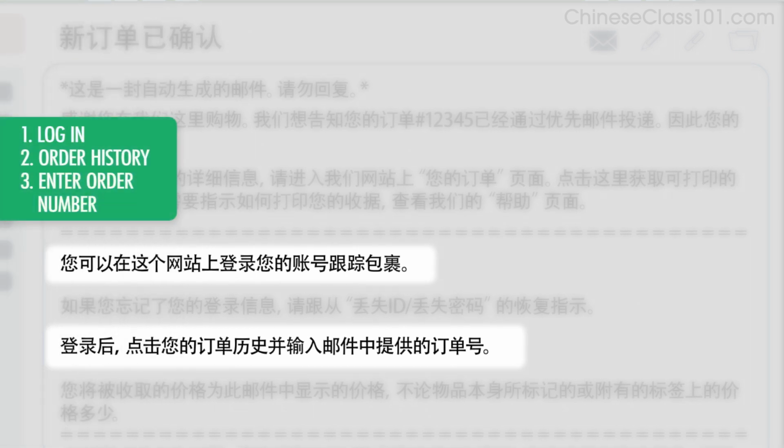The email says that you can track your package on this website by logging into your account, and after logging in, click on your order history and enter the order number found in this email. 您可以在这个网站上登录您的账号跟踪包裹。登录后，点击您的订单历史，并输入邮件中提供的订单号。